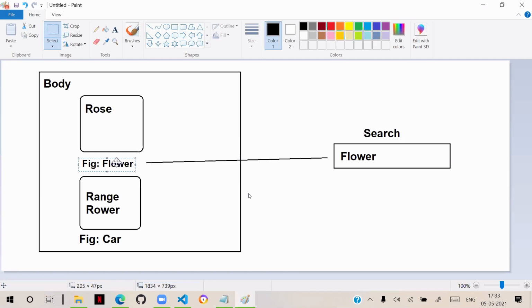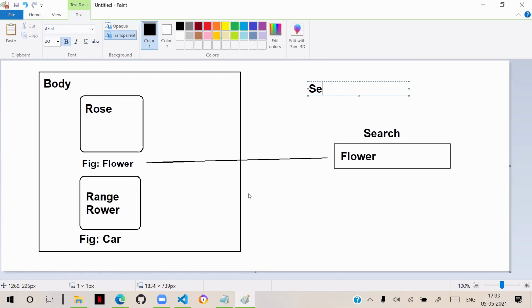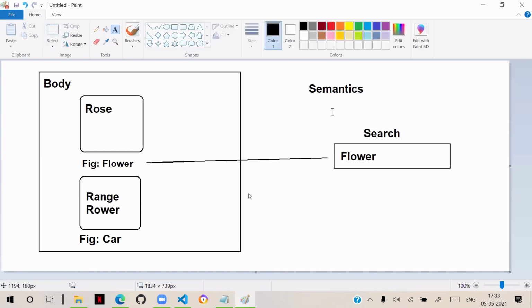So to overcome these problems, to make body section more search engine friendly, they introduced some new semantics. What is the meaning of semantic?